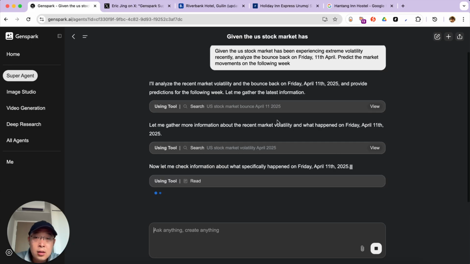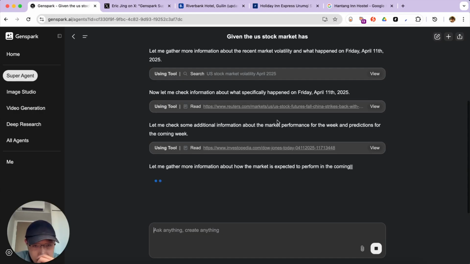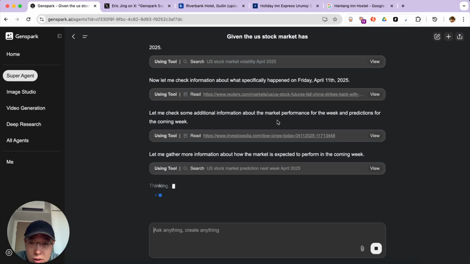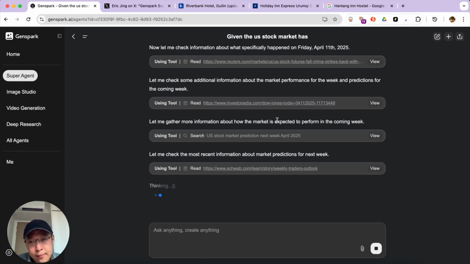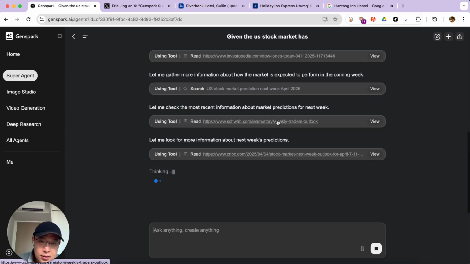So I think if you look at the different questions I asked GenSpark, maybe they have optimized GenSpark specifically for trip planning, because the trip planner just generates responses blazing fast.